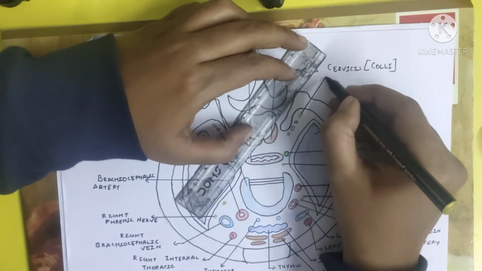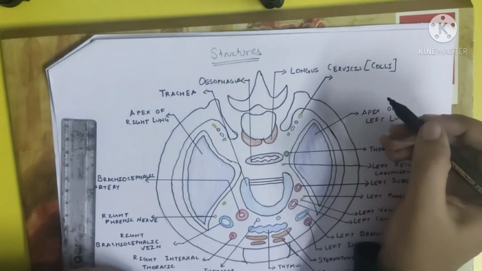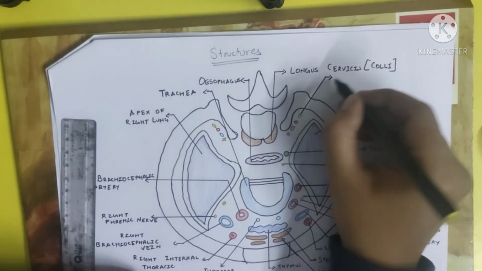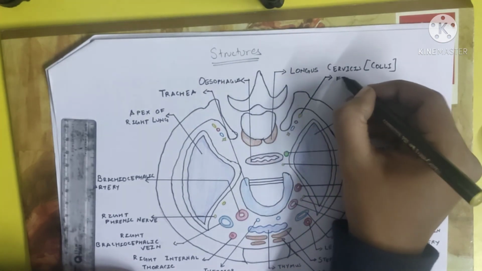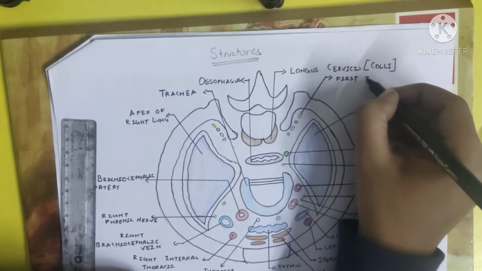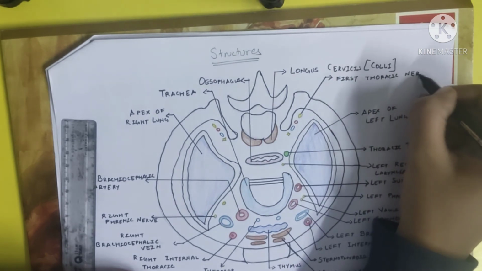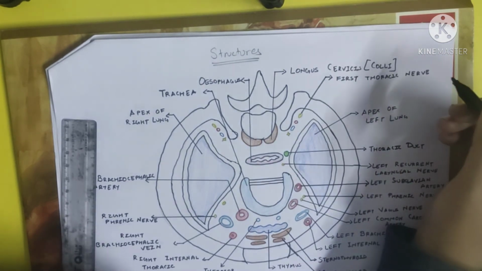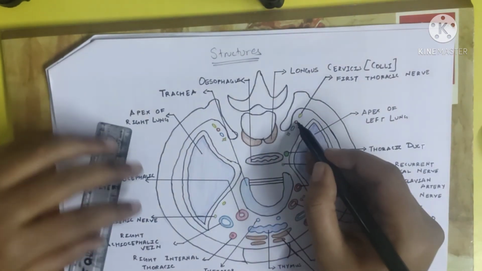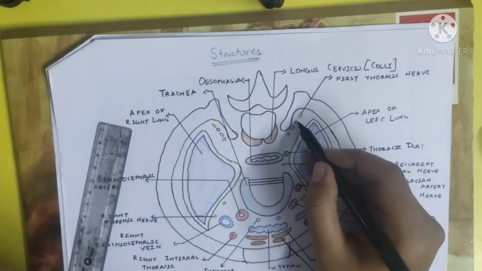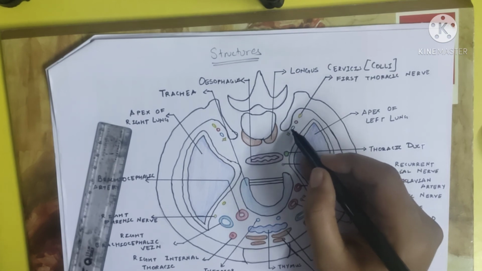So here I'm taking it this long, and this one is your first thoracic nerve, because you're in the thoracic region. It makes sense that there is your first thoracic nerve. Okay, that will be there. This will be your superior internal costal artery. Like I said, we are in the thoracic region. Internal costal structures are supposed to be there. So this will be your first internal costal artery, superior internal costal artery, and this will be your